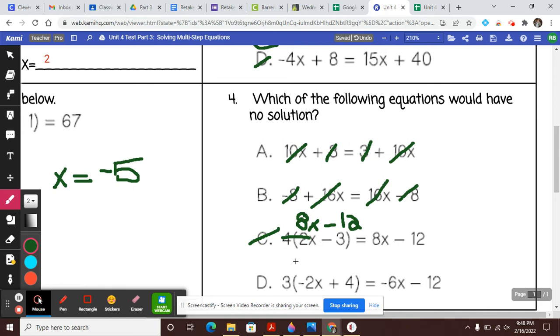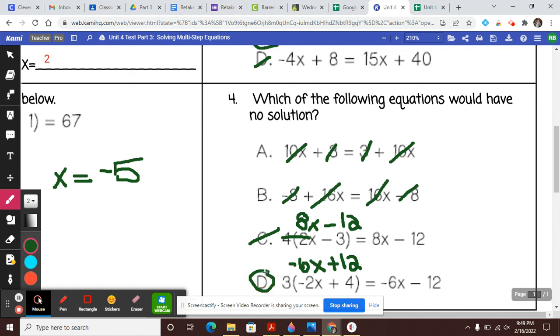So I'm going to end up with a positive 6x. I'm going to end up with a negative 6x, and I'm going to end up with a positive 12 because my constants are the opposite signs. They won't cancel each other out. Only my variables will. And so I would have 0 equals 24 or negative 24, which we know won't work. So that means D has to be the